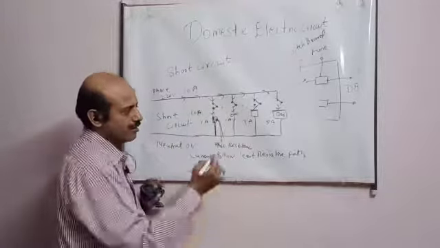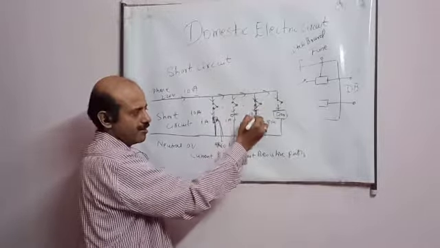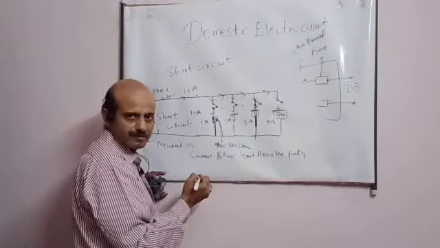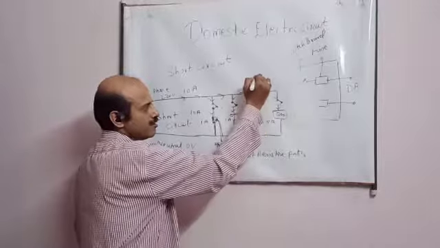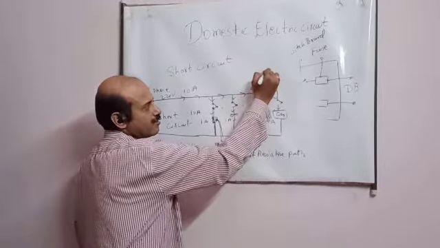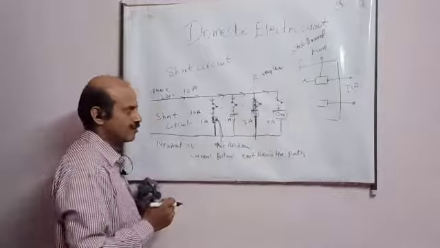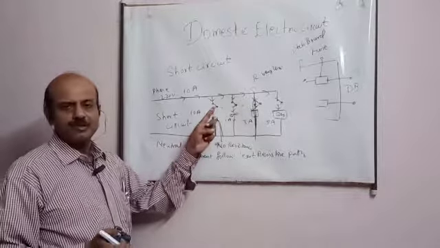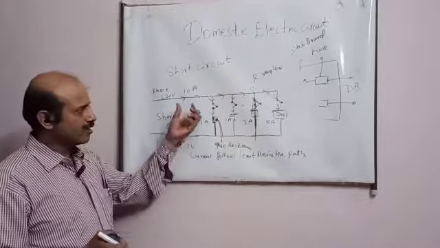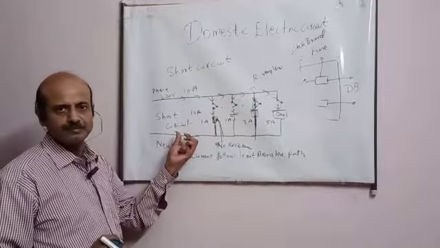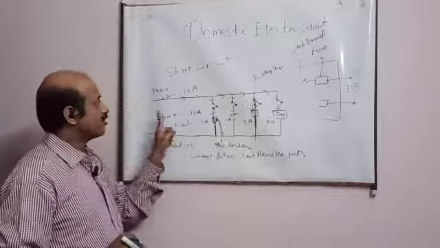Now suppose somehow this TV wire becomes shorted. The wire gets connected like this. It means the TV is having a short circuit, inside the wires are getting connected. So directly there will be no resistance, the resistance will be very less. Or suppose sometimes this switch gets spoiled and they have a direct connection. So what will happen is all the current will flow through one path. Current will not flow through the other path. The whole current will flow through this least resistive path. This is short circuit, student.